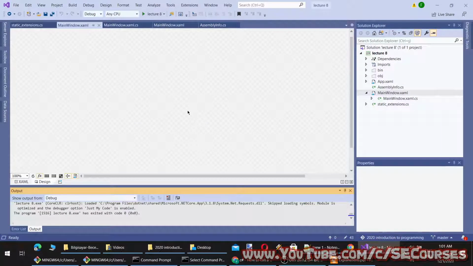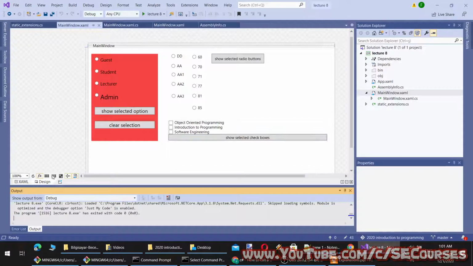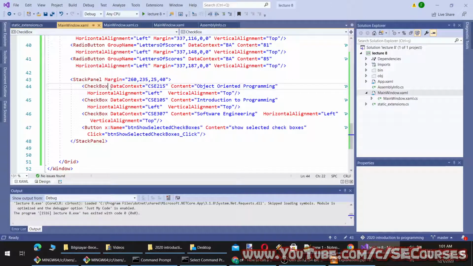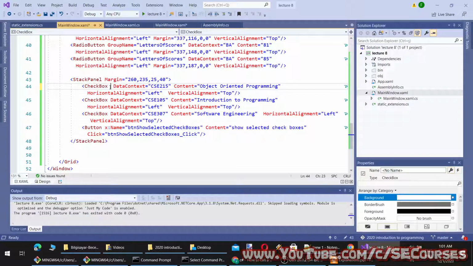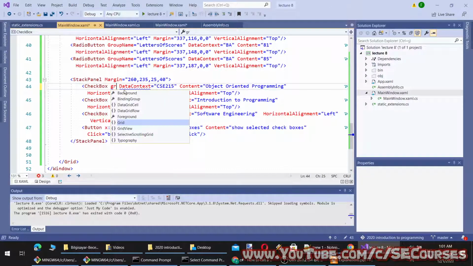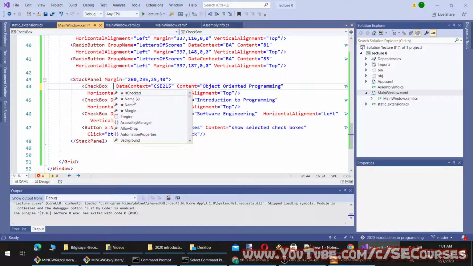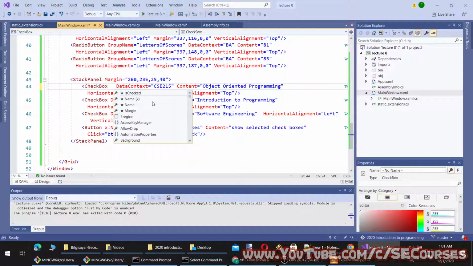I can also add group name to them to have multiple checkbox groups. Let me show you. Oh, there is no group name. So what else is there?